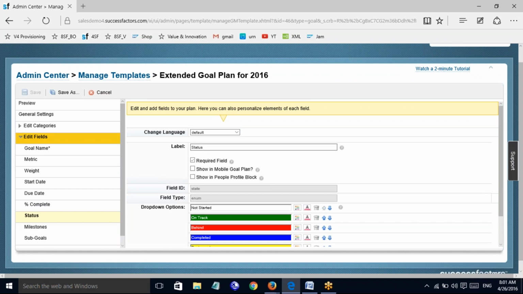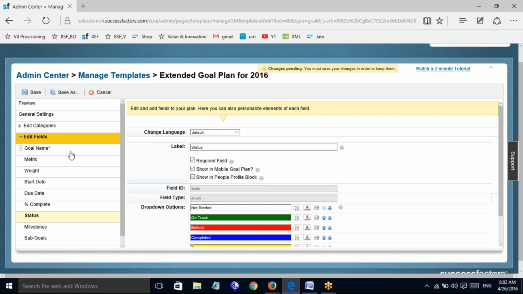If your goal plan template is activated in the provisioning for your mobile goal plans, which can be accessed from your BizX app, you can also make this goal plan template available by clicking on show. Next, do you want to show it in a people profile block? You can check here, and in the same way you can follow with other goal plan templates.